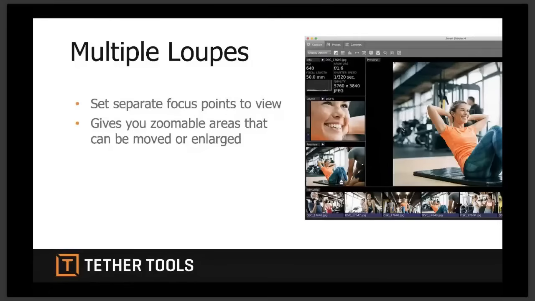You could set one loupe view on one of the subjects in the back and one loupe view on one of the subjects in the front, and make sure that your depth of field is covering that full range of focus, so that you don't get this great group shot where the back row is completely out of focus. So I'm going to show you a little bit how to do that through the next slide, which is